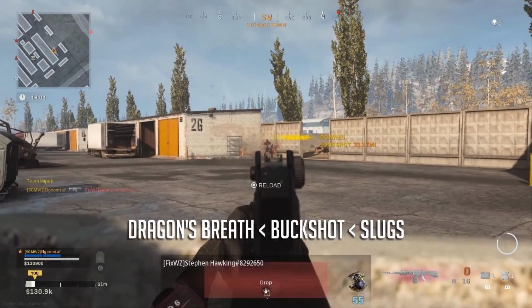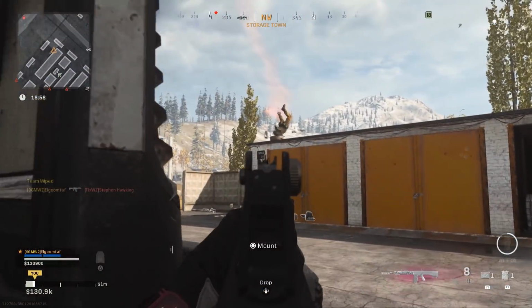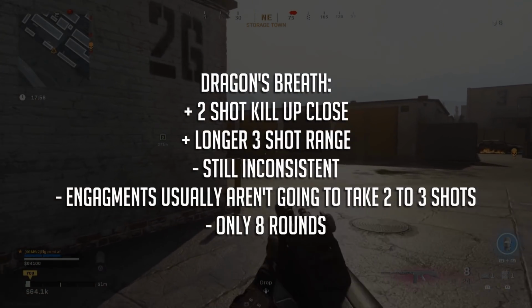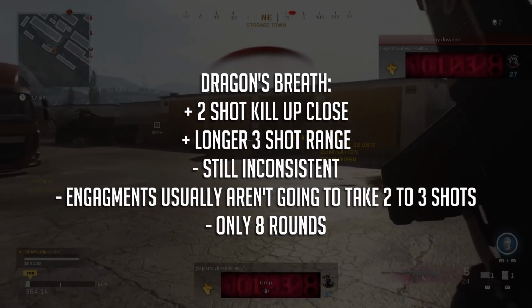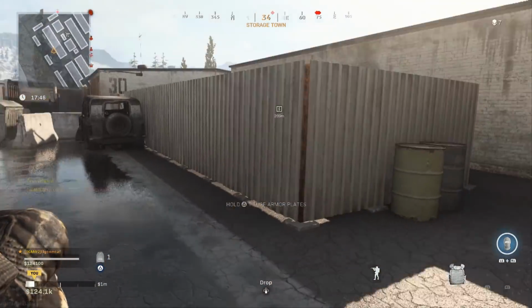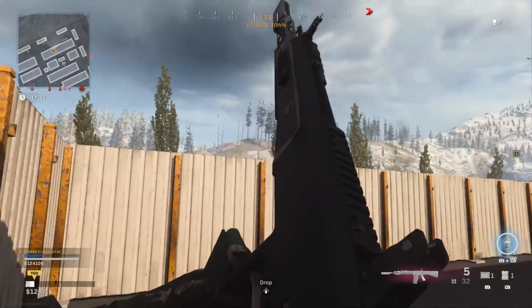Dragon's Breath is the worst in my opinion for a few reasons. While you do get a nice 2-shot kill potential and a longer 3-shot kill range, you still end up getting a good bit of hit markers at most ranges that you use this thing outside of that 3.4 max damage range, just like with Buckshot. So while you get a faster time to kill up close, generally you're going to find it's going to take more than 2 shots to kill, and EOD can slightly delay that burn effect on players,